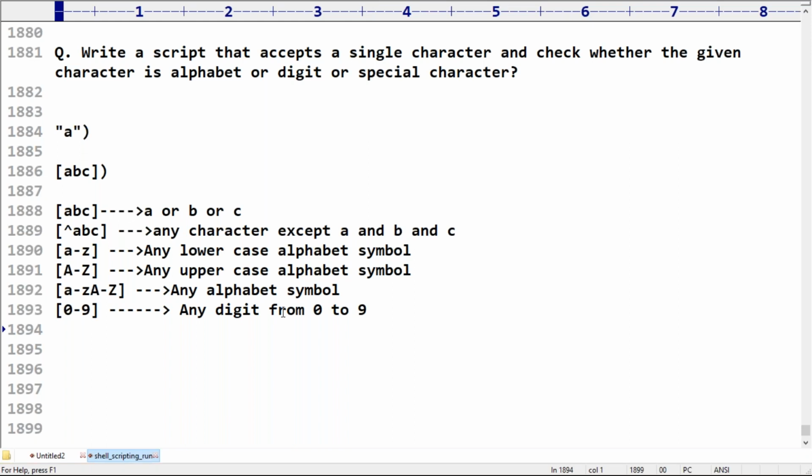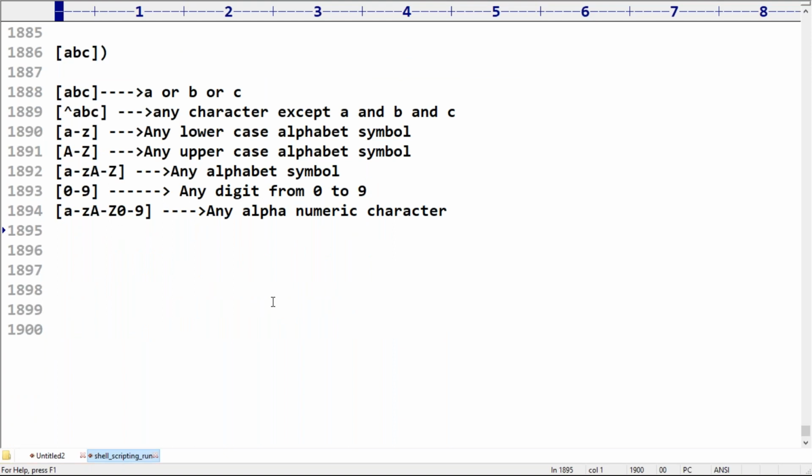Next, just observe a bit very carefully. If I take a to z, capital A to capital Z, 0 to 9 like this, what is the meaning of this one? Any alphanumeric character.